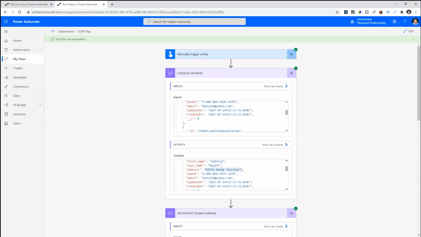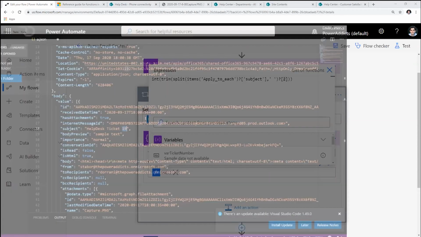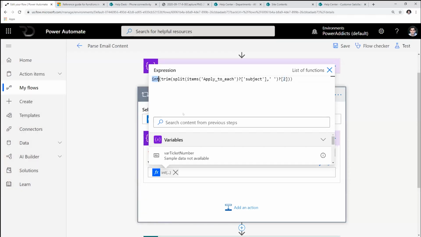Now, once I was able to split it, the next step is I am actually going ahead and executing another function that I showed you earlier. I'm getting the array item sitting at position 2. Why position 2? Because this is position 0, this is position 1, and this is position 2. Right? I'm just using my same concepts that I applied earlier. So I get that number 19. Also, this is of type string. You see, there's double quotes around it. It's a string. I need to make it into an integer. So what do I do? Just use the integer function and encapsulate it with an integer. That's all I had to do.